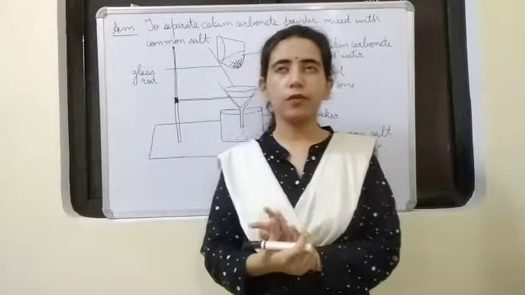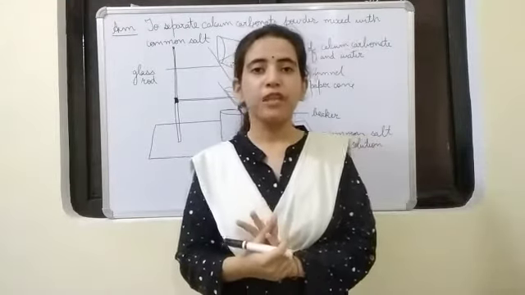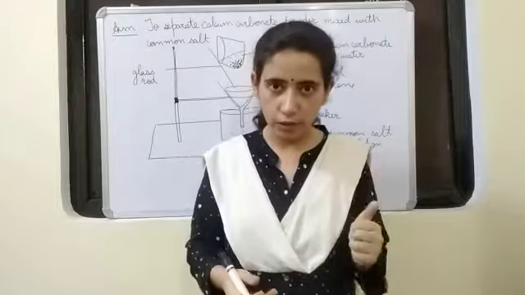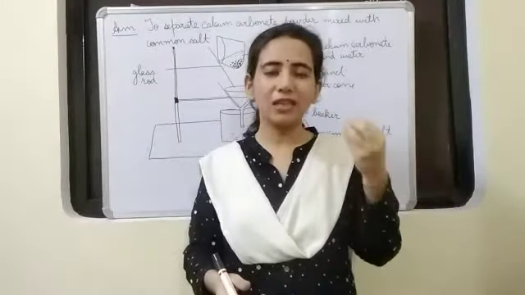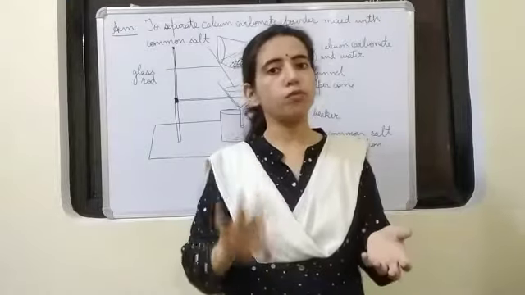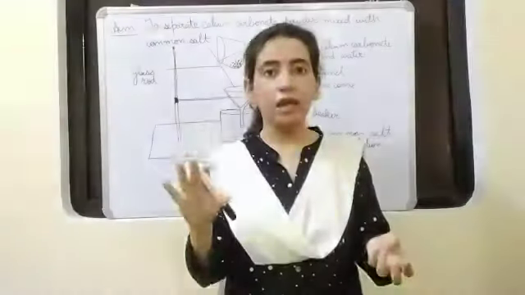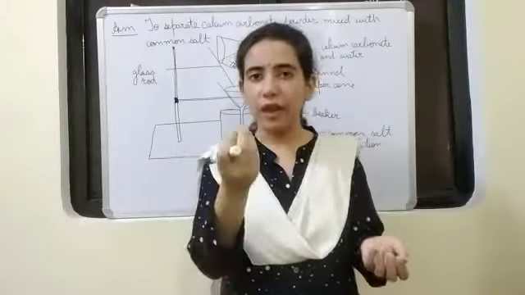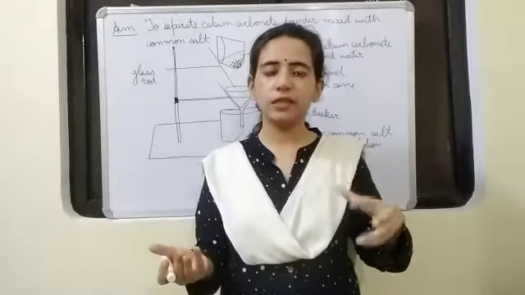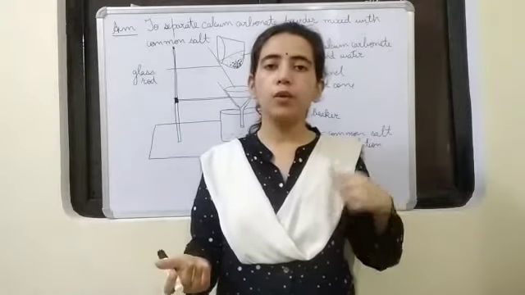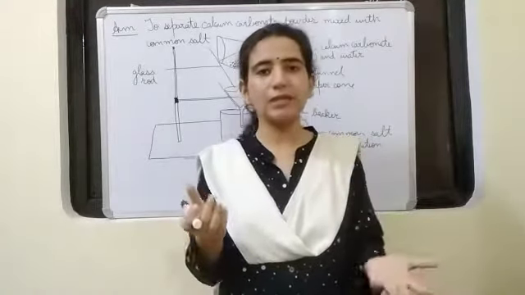Let me tell you something first about calcium carbonate. Calcium carbonate is a white solid, and when it is powdered, it looks just like common salt. I hope everybody must have seen common salt. It is white in color and has fine grains, powder-like. In the same way, when we see calcium carbonate, its powder also looks just like that of common salt.